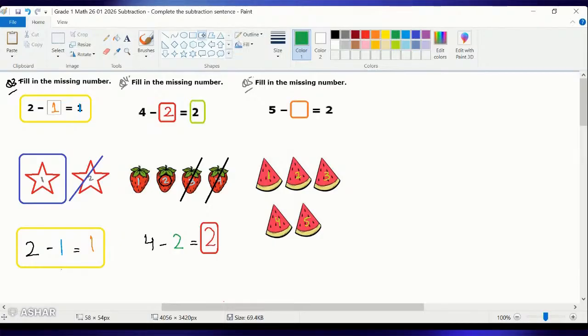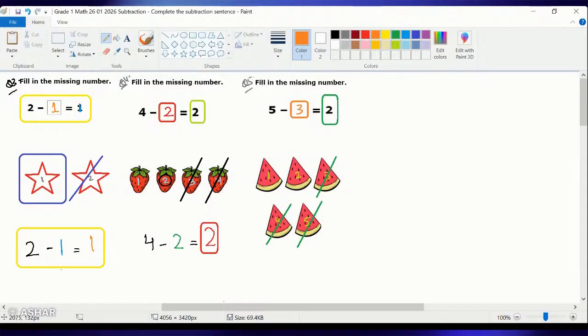See, if 2 were left in the end, that means 1, we still have 4 left. We still have 3 left. But now we can see that we are left with 2. Agreed? That means how many were eaten? How many did we cancel out? We cancelled out